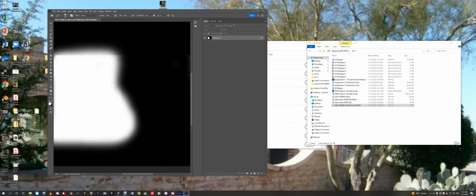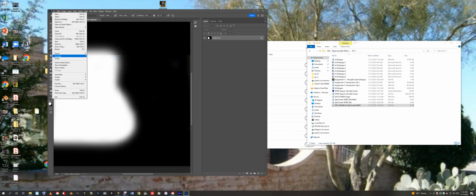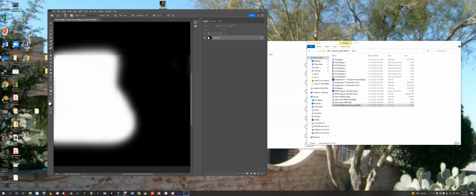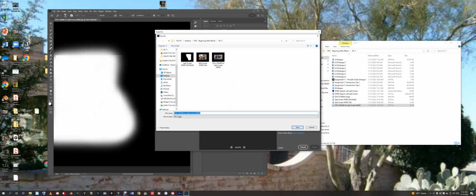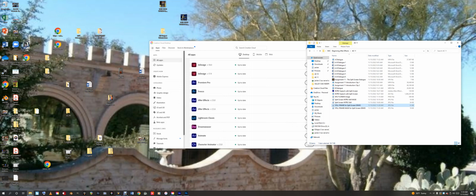Let's try that. So now what we're going to do is File, Export. We're going to export it as a JPEG, or you can do a PNG, I guess, but I'm just going to do a JPEG. Click Export. We're going to keep the same name, Still Frame for Split Screen Demo, but we're also going to add in Mask. Still Frame Mask for Split Screen Demo, same folder, JPEG, click Save. And that's all you need to do for your mask. And next, in the next part of the assignment, we will line it up and see if we can make this happen where I'm having a dialogue with